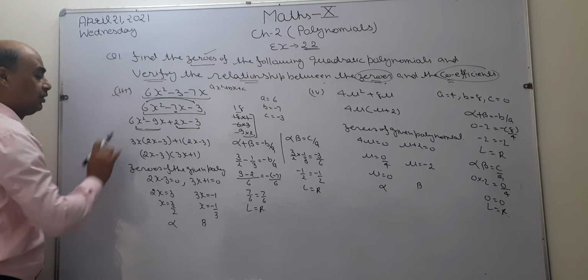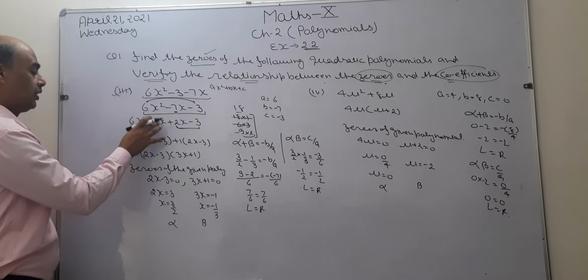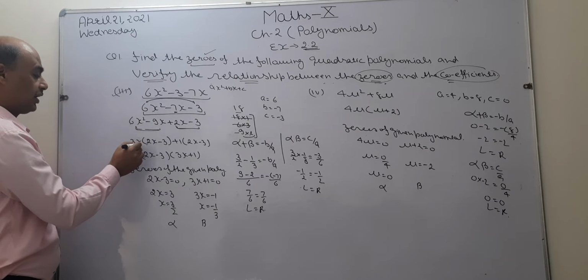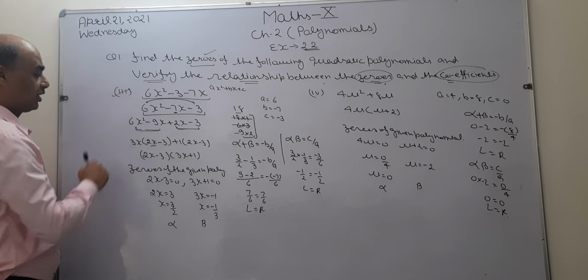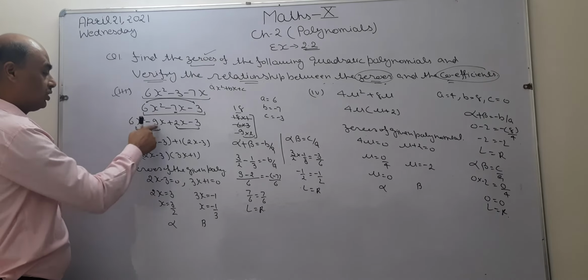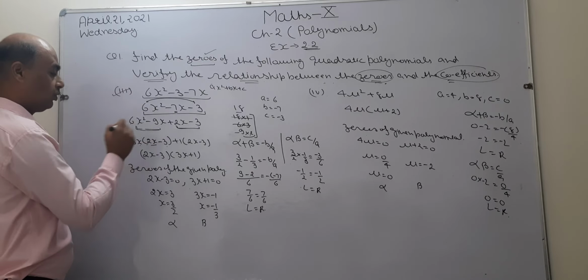What is common between these two pairs? 3x is common. When I take 3x common from the first pair, what is left? 3 2s are 6, 2 left. In x square, I take x common. What is left? x is left, it means from the first term 2x is left. After that minus sign is there, right, 3 3s are 9, x is taken out, what is left? Only 3.